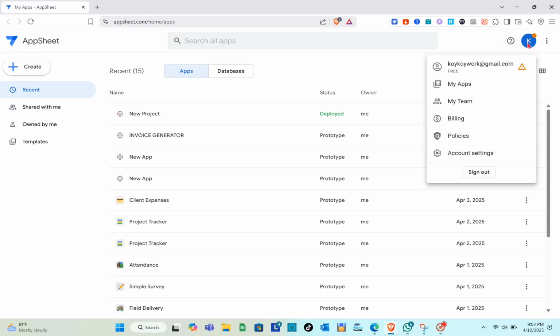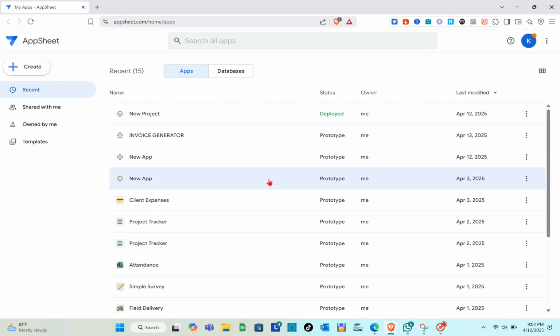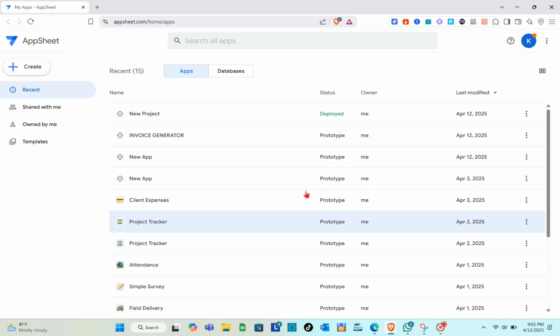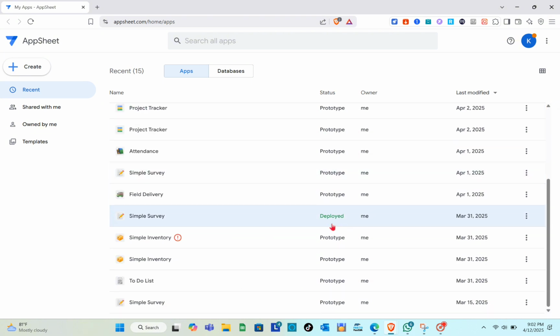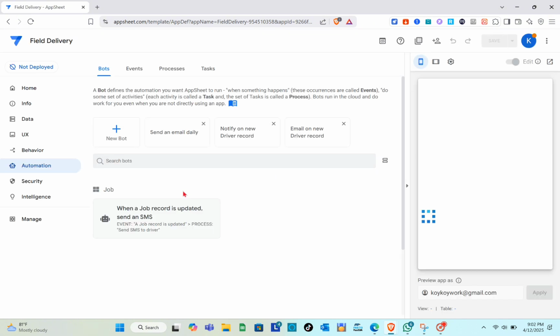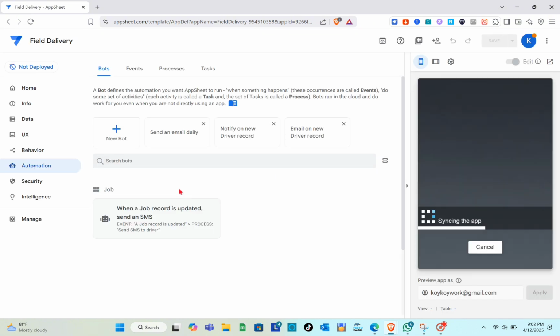So make sure that you have logged into your account right here. And as you can see, some of the apps are deployed and some are prototypes. So we are going to use a deployed app. So just select the app that you are going to use for Google Sites. So for example, this one. Okay, so I'm just going to use this one,